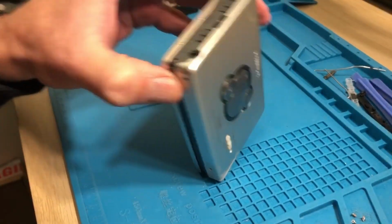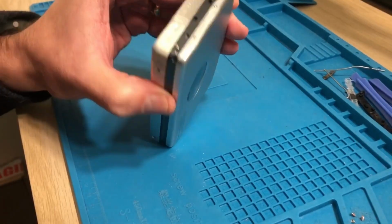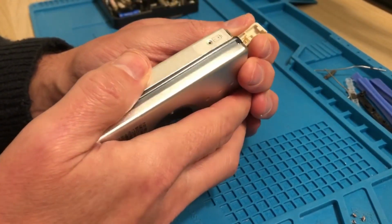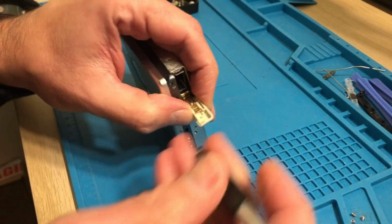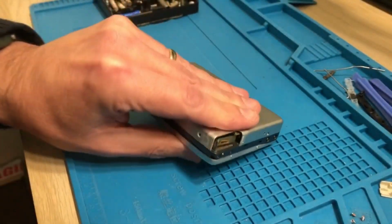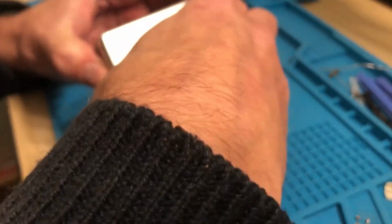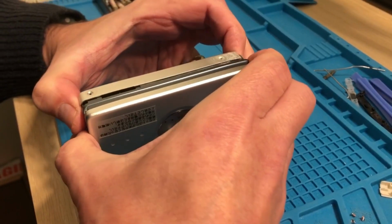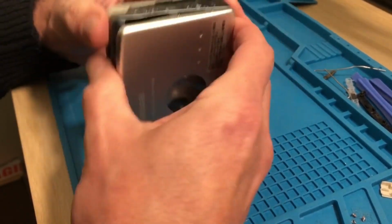So that's all the screws out. I might have to slide this off. So I think I might get away with just doing that. That's it. Right, let's see. So this one would prove to sound quite good, I think. Yeah, if the lid does come off. Oh, it might be moaning about the...